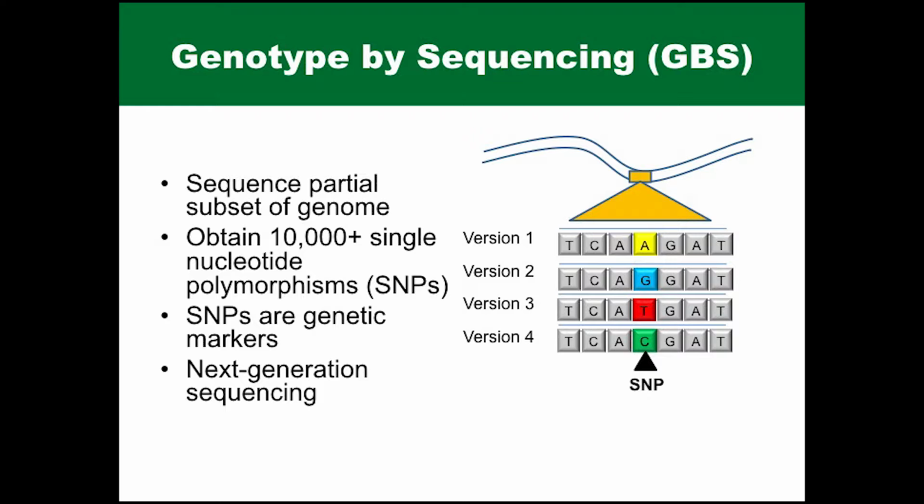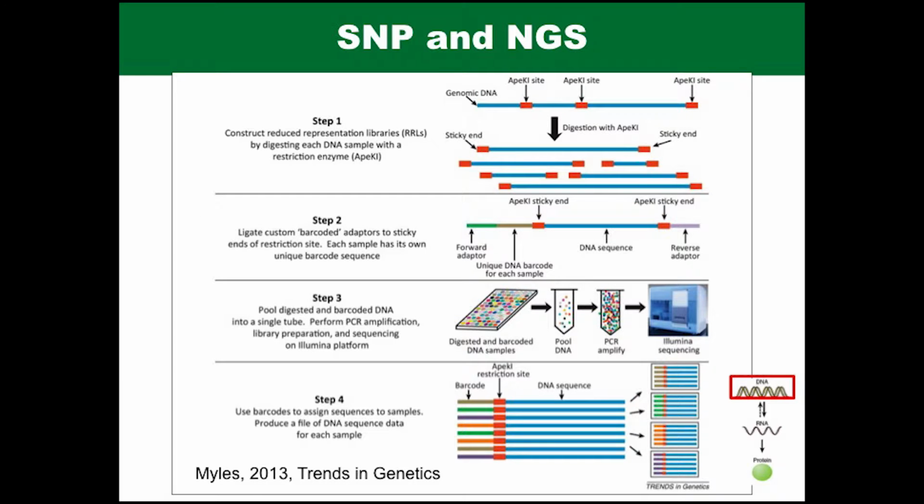at a much more affordable scale. I just wanted to give you a little bit of an idea of how GBS can work. And again, there are variations on this, but in this one, you're digesting with what's called a restriction enzyme. These are enzymes that cut when they see a certain sequence in the DNA. Then you're going to pull out a certain size of fragment that has that cutter on both ends. So this is why you can take that 3 gigabase genome or 4 gigabase genome, say, of Alopecurus, and reduce